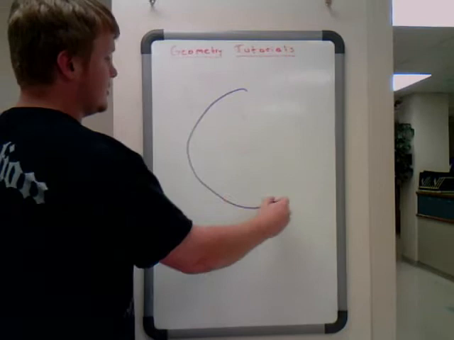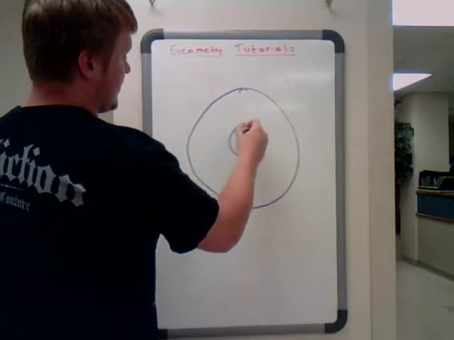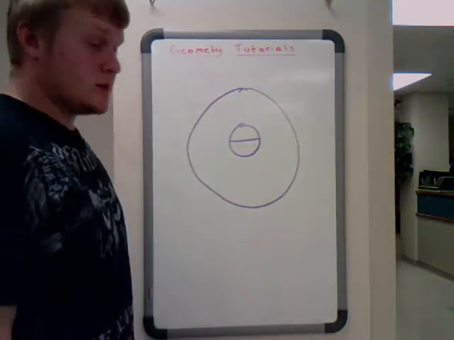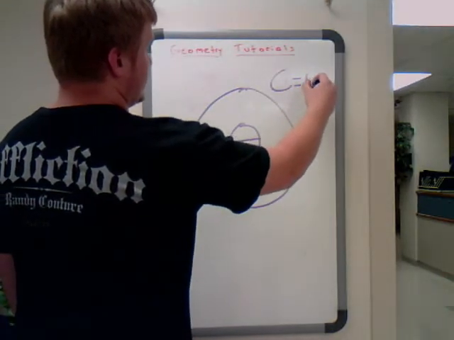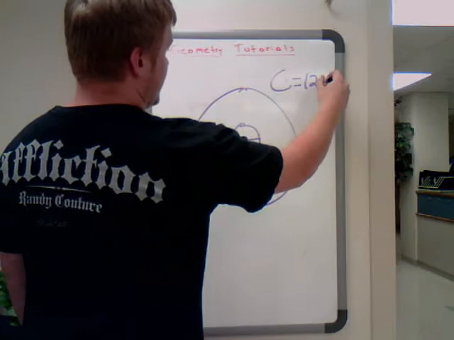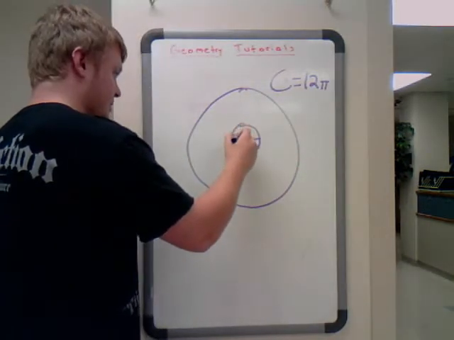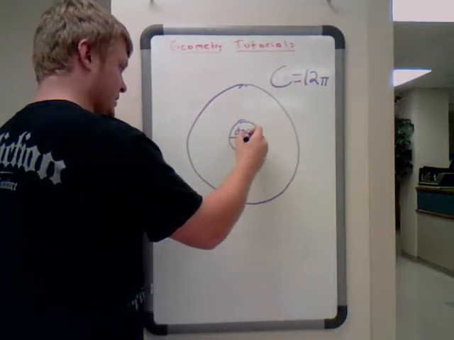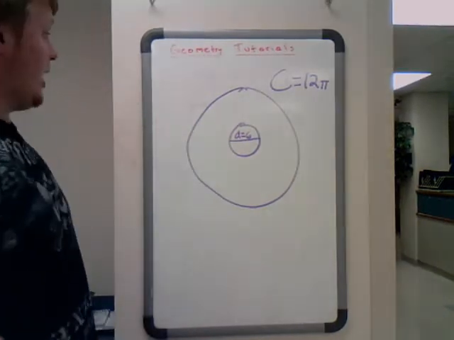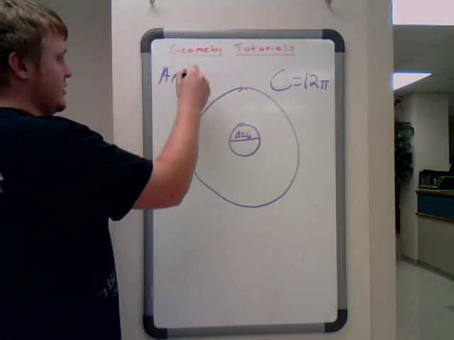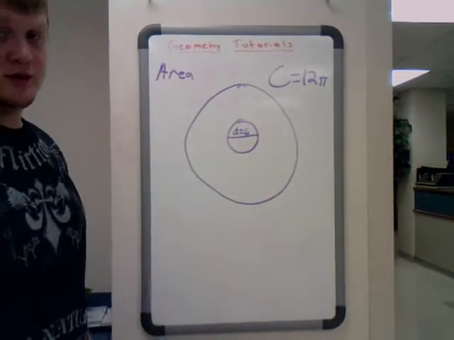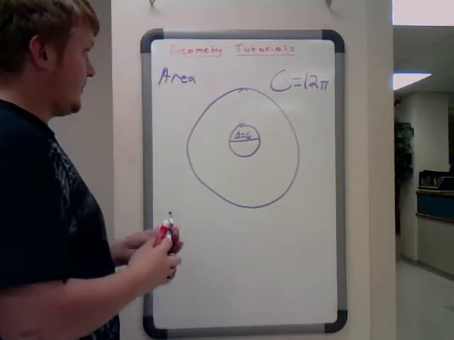You were given a circle inscribed inside of another circle. The circumference of this outer circle being 12 pi, the diameter of the inner circle being 6. I want to find how the area relates between each of them. Now,